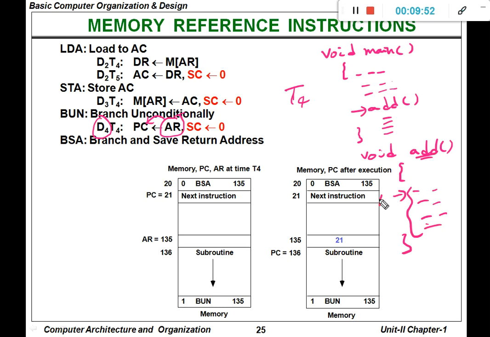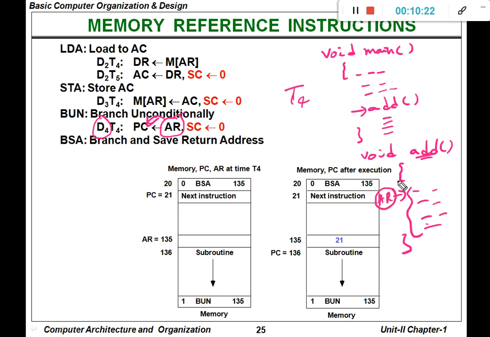If this address is stored in the address register, because the program counter needs to contain the address of the next instruction, we are going to move this address register to the program counter PC. So that operation we are going to perform. Then it is going to transfer the control to the address register.